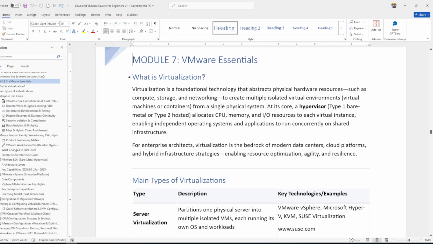Why are we using virtualization? Because it will reduce the hardware requirement. Let's say I will ask Skrutik,